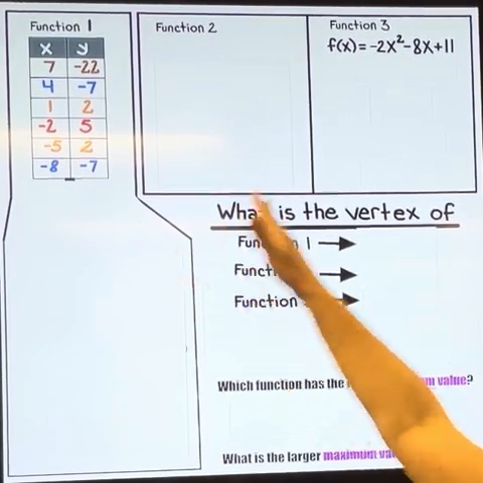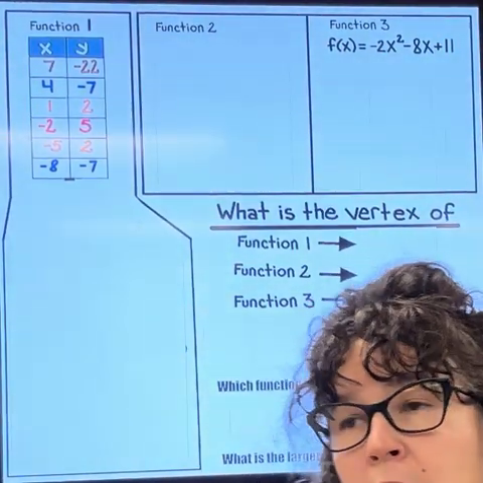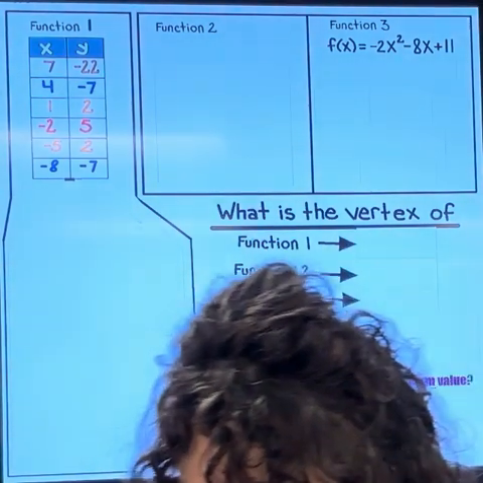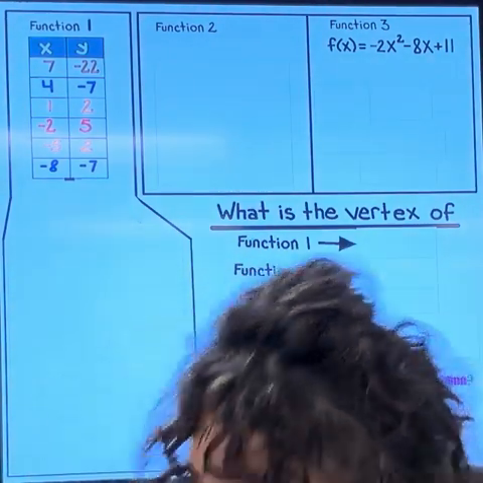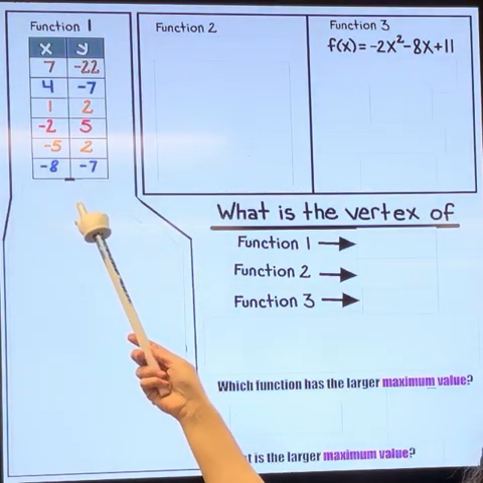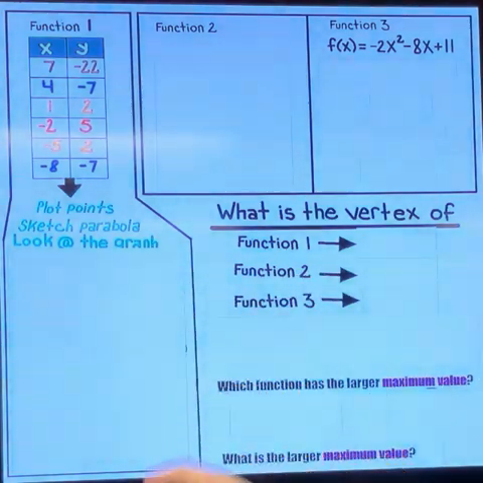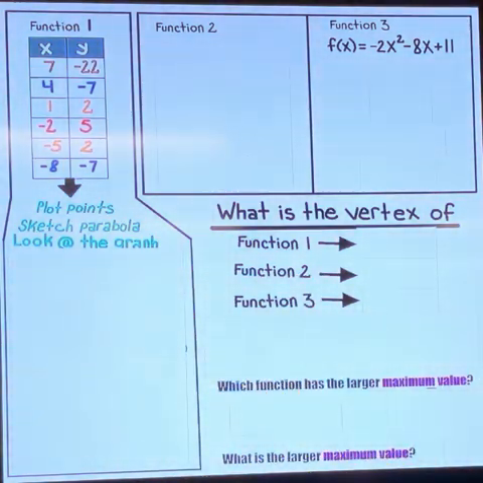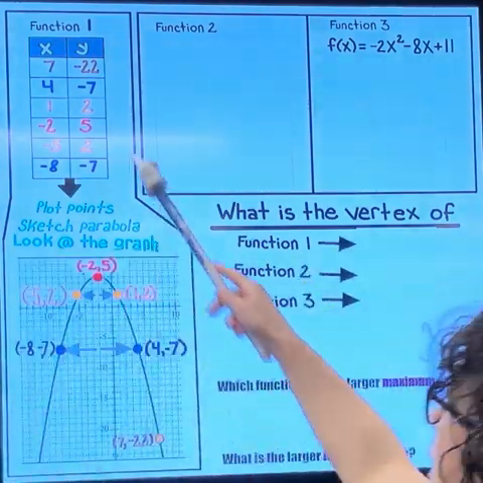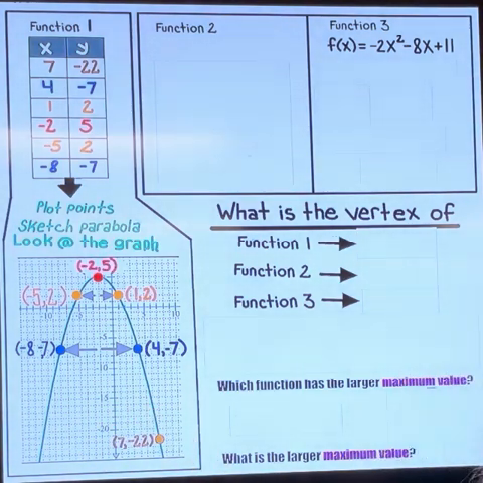Ultimately, for these three functions, they're going to ask us questions about the vertex. So the first thing you want to do is find the vertex of each of the three functions. In the first one, they give us the function in table form. And so what we're going to do is just plot the points to create the graph. If I plot all of the points in the table, and you know ahead of time that this is